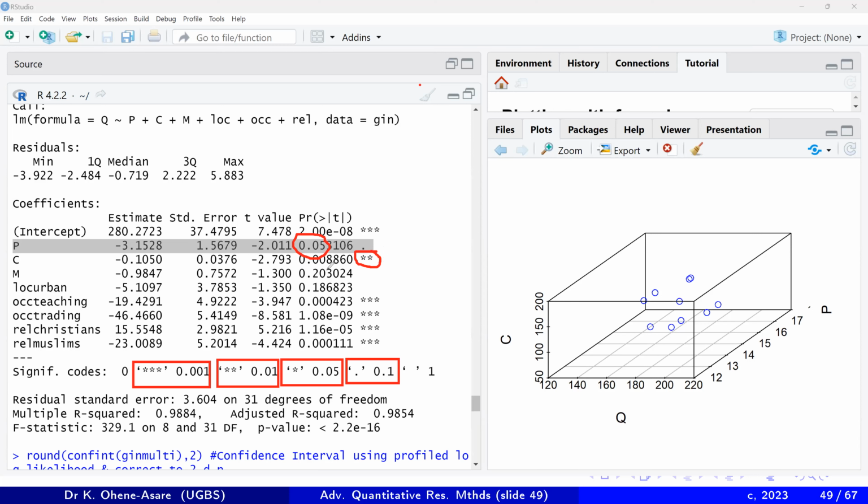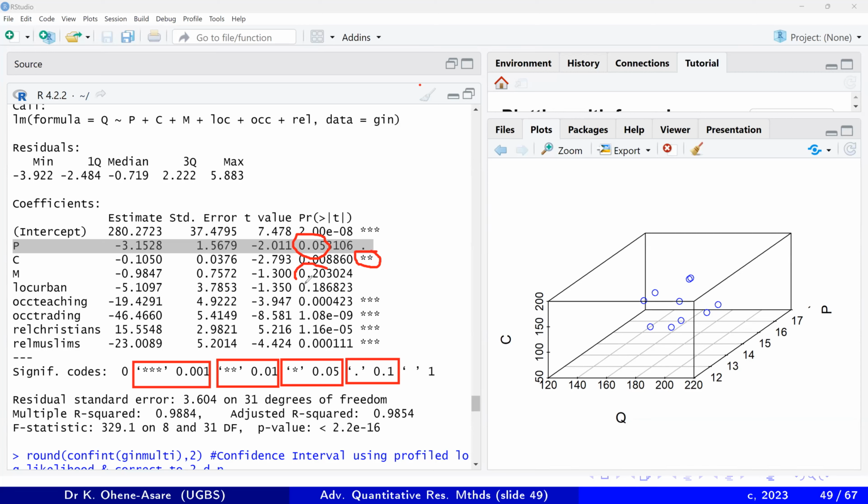And when you check the values, it will give you a clue, because when you look at the values, you can see that it's not 0. Even when you round it to 2 decimal places, it is exactly 1%. So that shows that it's significant at 1%. But when you check this one here,